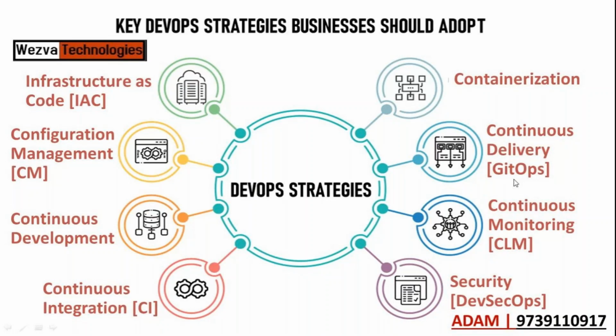Now, if you look at it, this is only 8, but I said 9. That's because when you take containerization, you can further divide it into 2 levels. One is normal containerization. The second is orchestration of containerization, which is where you hear a lot about Kubernetes. Okay, but in general, it is one. But if you actually start working, it will be split into 2 areas. So when you go to a company, these are all the 9 best practices that every company will have.